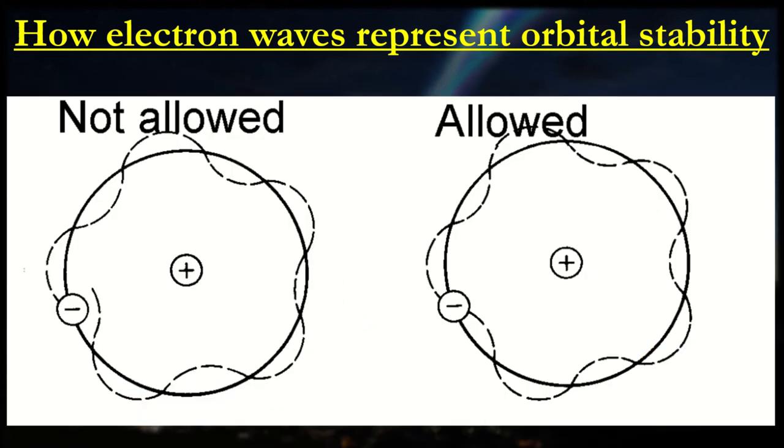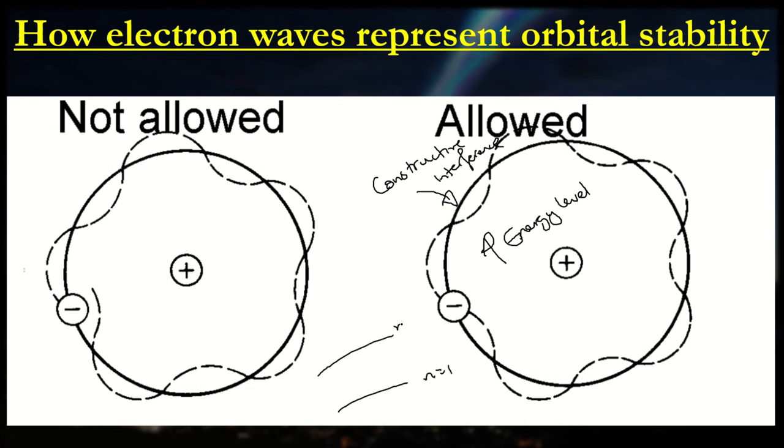So what we have here is a slight difference between the energy levels and gaps. Where we have constructive interference, we are seeing the energy levels. This is the specific energy level that the electron can belong to.